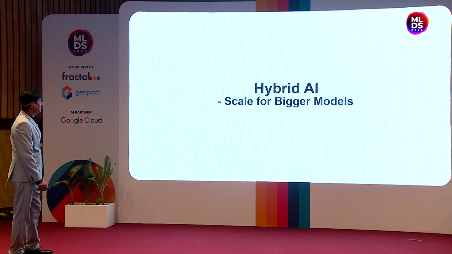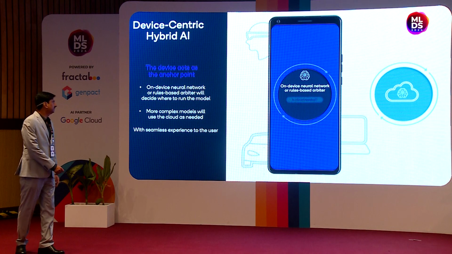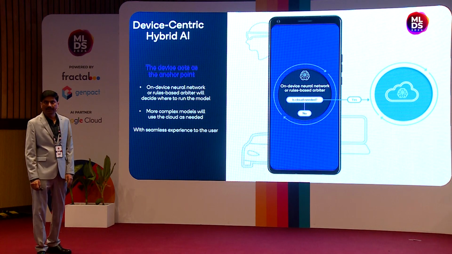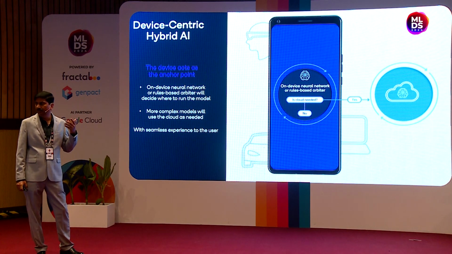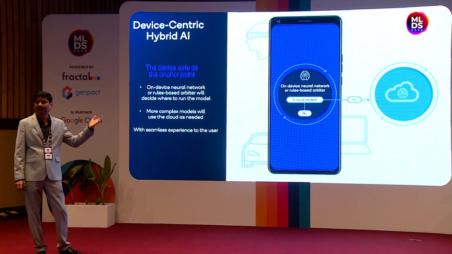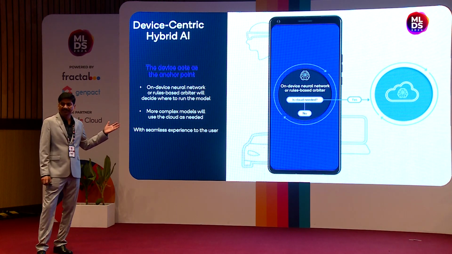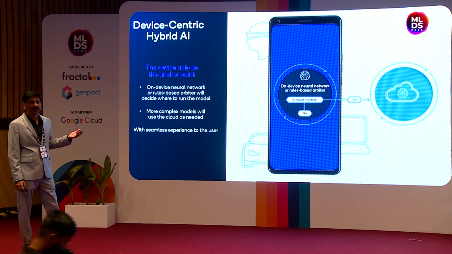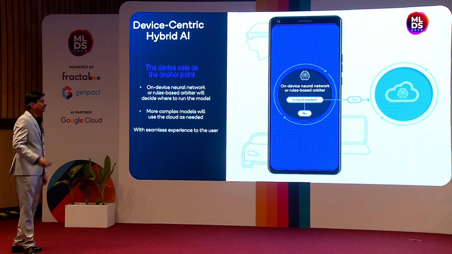Okay. The other technology we could use is hybrid AI, which can be used for the bigger models. There are a couple of techniques we could use for this hybrid AI. One is a very simple one where you put an arbitrator on the mobile, and based on the input prompt, you run either a rule-based approach or a smaller deep learning model, which identifies whether it can be run on the device or whether it has to be moved to the cloud. You make that decision within the mobile and move seamlessly between mobile and cloud. The end user doesn't need to worry about where it is running, and it reduces the number of inferences which need to go to the cloud.